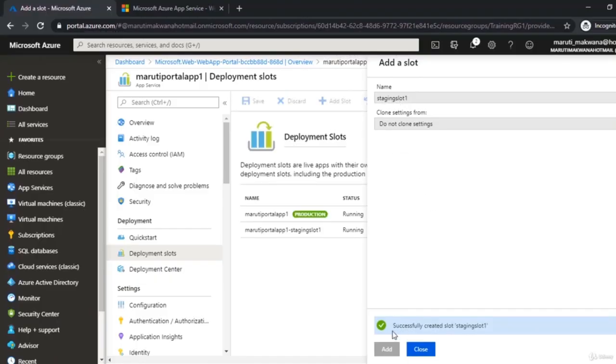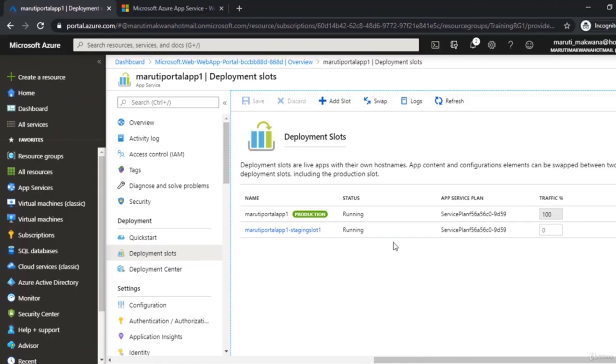My staging slot is created. I'm just going to click on close, and you can see this staging slot is having a separate URL given here. The traffic of this application is 100% given to my production only. If I want, I can even distribute some partial traffic to this staging slot. Let me click on the staging slot,